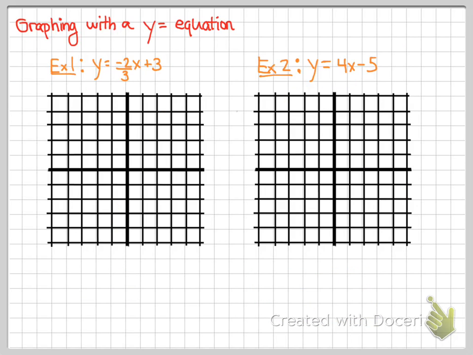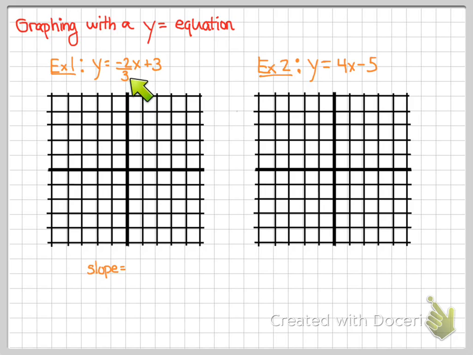Now we'll take a look at graphing with the y equals equation. You're going to see that this is very, very similar to the examples we just did. So if you look at example 1, you'll notice that instead of getting the slope and the y-intercept, you get the actual equation. Well, we can pick the slope and the y-intercept out of an equation. I'm going to write this down at the bottom just so that I have room. But in example 1, what's the slope of my equation? Remember that slope is the number with the x. So the number in front of my x in this problem